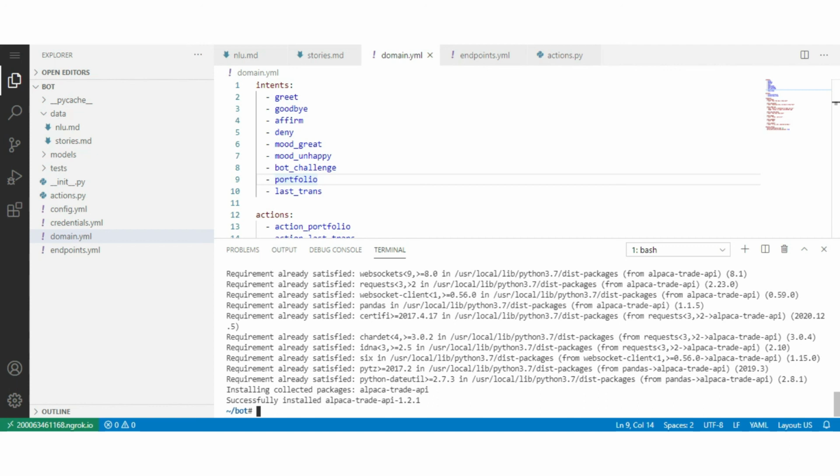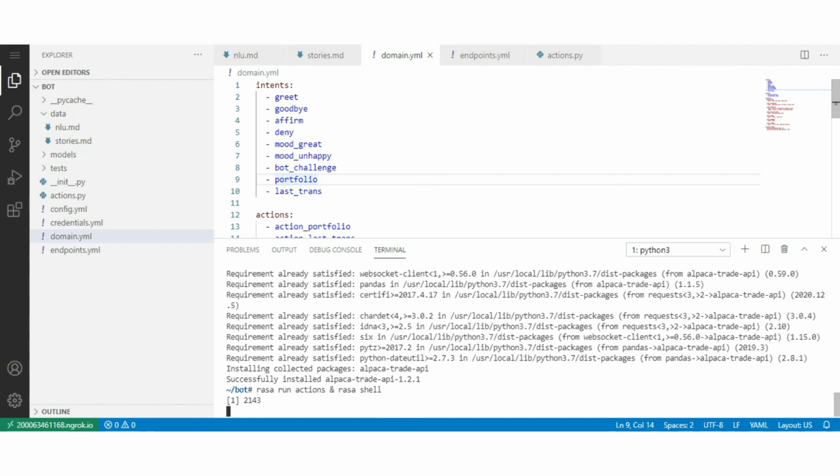For that, type rasa run actions to run the Rasa custom action, ampersand rasa shell to run the chatbot. Wait for a moment. It runs the custom action first and then runs the chatbot.